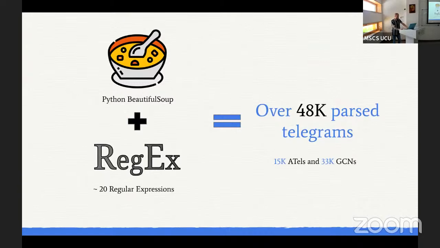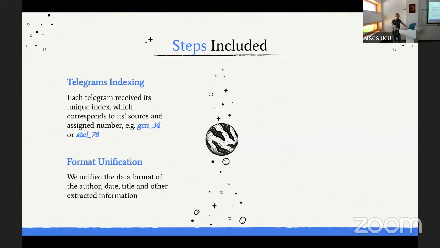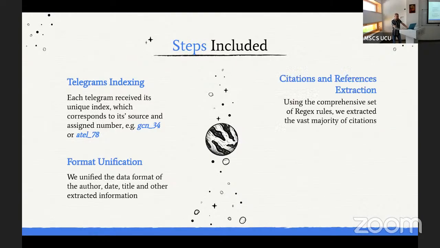Basically, we utilized the Python library Beautiful Soup, with a set of regular expressions, and we parsed all the telegrams that were available at the moment for both ATel and GCN. Each telegram was indexed with its number on the source and the source itself. We unified the format across these websites, and we extracted all the references and citations made in those telegrams.